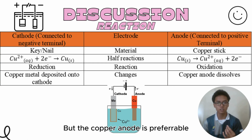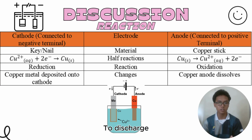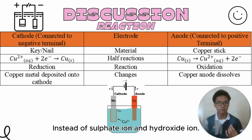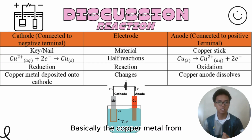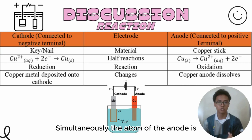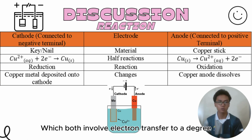But the copper anode is favorably oxidized in electroplating when supplied with power from the battery, discharging copper ions into the electrolyte solution instead of sulfate ions and hydroxide ions. Basically, the copper metal from copper ions in the electrolyte is coated on the cathode. Simultaneously, the metal of the anode is oxidized to replace the copper ions in the solution,